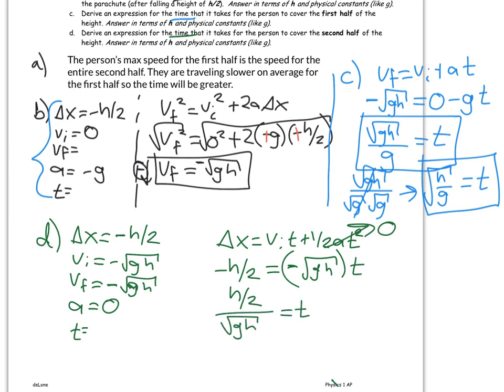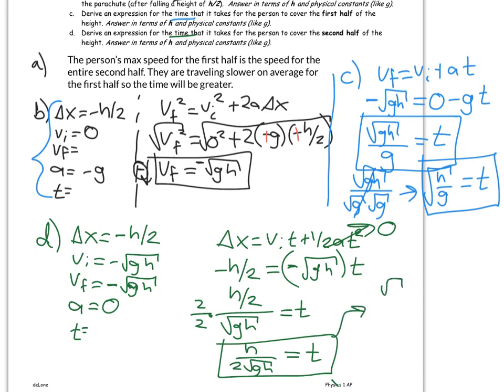All right, and that, I guess, is kind of an acceptable form of the answer. Most likely we'd want to get rid of that double fraction, and so we could multiply top and bottom by 2 and say that the time is h over 2 root gh. So that's one possible option. The other thing we could do is on top we could say h is really root h times root h all over 2 root gh. And much like in the last one, one of those h's will divide out with the h on the bottom, and you're left with t is equal to root h over 2 root g.